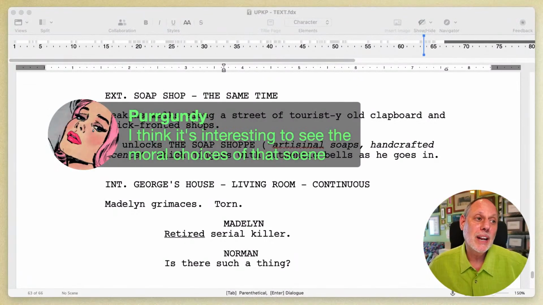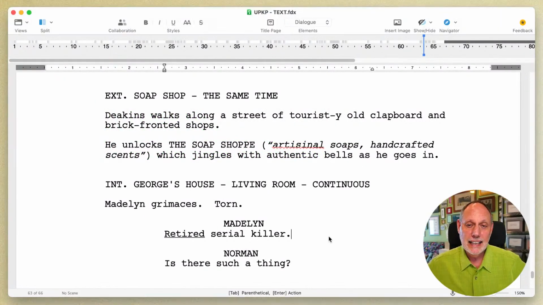What I really like about this structure is that this last sequence is bringing together all the characters, but it's also bringing up the moral complexity of the rest of this series, which is that they are essentially going to work in partnership. We don't know that yet, but the way they're going to resolve this, with the killer coming after us, is that they're going to team up with him in an uneasy teaming up.